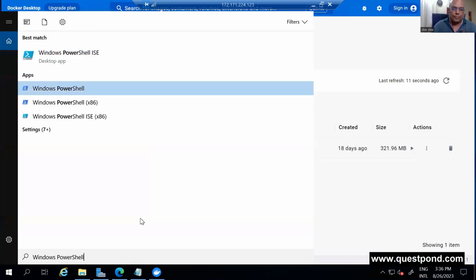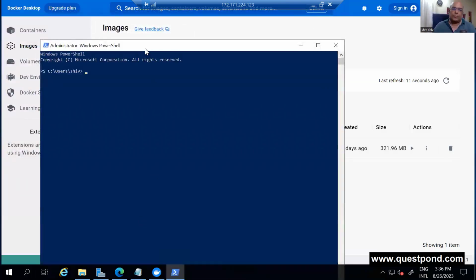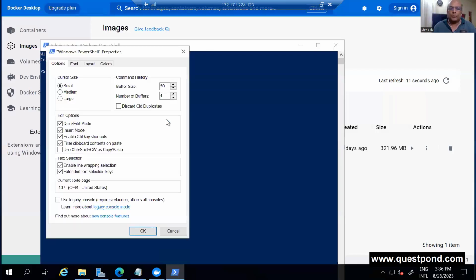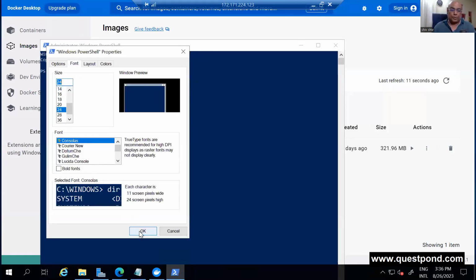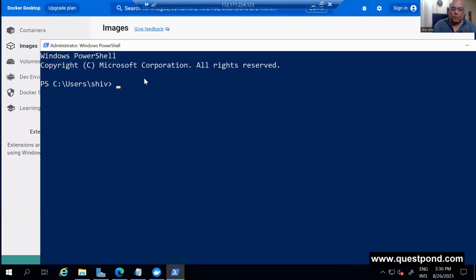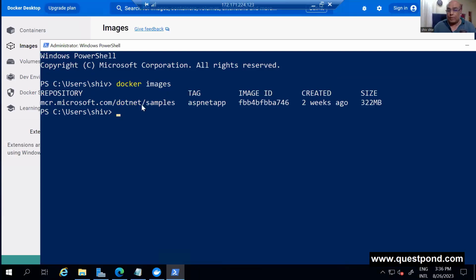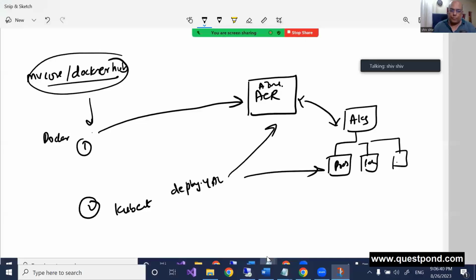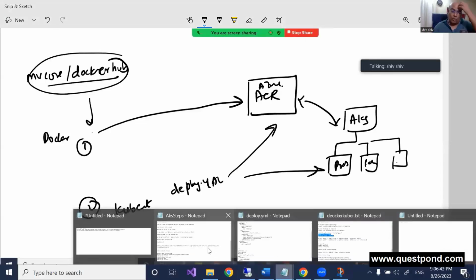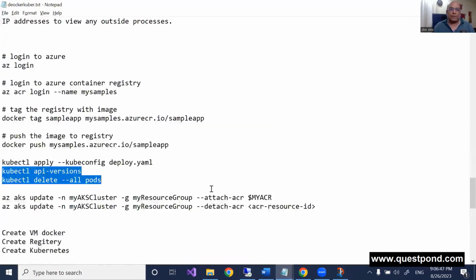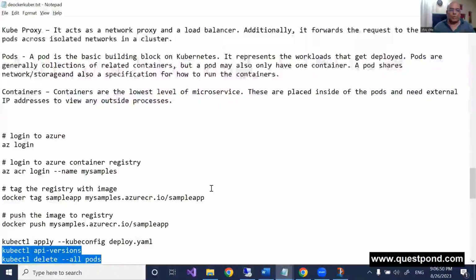Let me make the fonts bigger. So we had these Docker images, right? These Docker images I have pulled from that MVC core.NET samples, right? So very quickly, guys, remember, all the commands of Docker are given out here. Please understand it, right? So what we did is we went ahead,